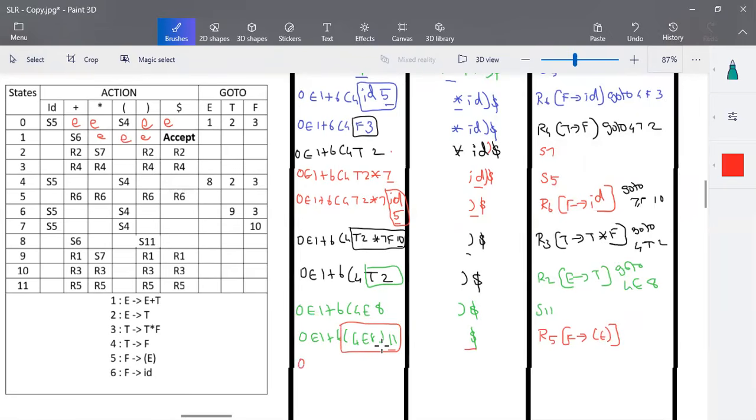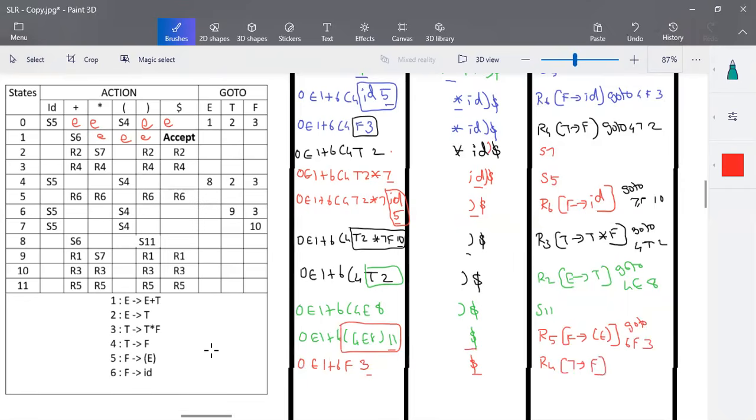So here you have 0 E 1 plus 6 and you'll be pushing this F into stack. And each and every reduce operation is followed by a go to operation. The last two elements in the stack are 6 comma F. So you have to perform a go to operation between 6 and F. 6 and F consist of 3. So the state 3 will be pushed into stack. Okay, and finally it is 3 comma dollar. So what is there in 3 comma dollar? 3 comma dollar consists of R4. So R4 means reduce with production number 4. What is production number 4? It is T tends to F.